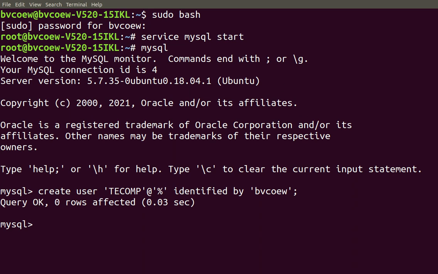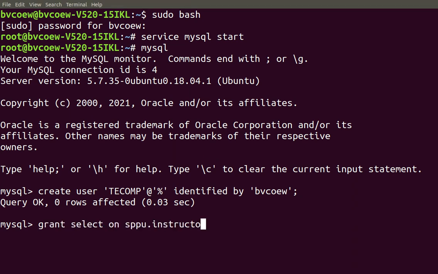Now the next very important thing is that we have to give the privileges to the user. I have told you that there are 4 different types of privileges that we can give to the user. So what are those privileges? We can give select, insert, update, delete, or we can give all the privileges mentioned above to the user. Okay, so the syntax is grant select on table name to username. That is the standard syntax.